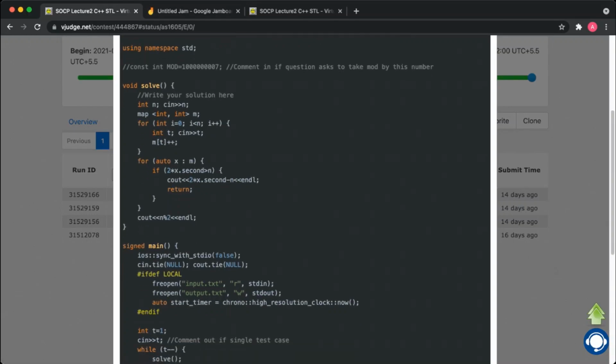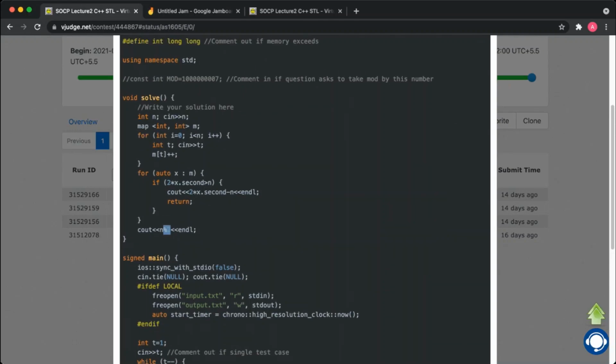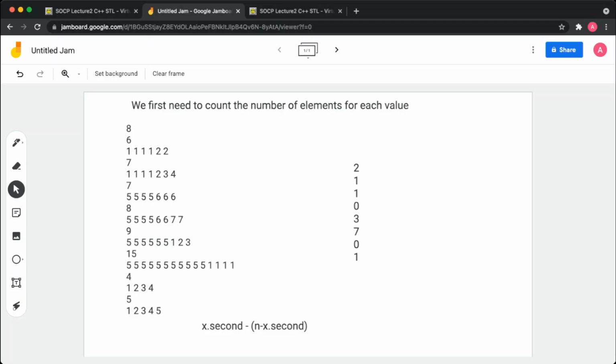And also we have to handle one exceptional test case: if the number of elements is odd, then even if there are no dominating elements, we will in the end have one element. So just in case this case is not covered, we have to put this in for handling that case. So I hope this problem is clear.